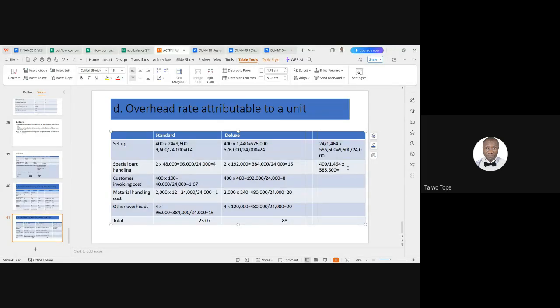Sorry, this one is 1,440, not 400. So when you compute, you get 576,000. Understand? So when you divide this by 24,000 units,